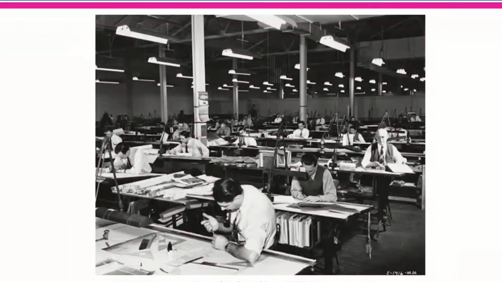Okay, so here I have a picture. All of you can observe, there are so many people sitting and they're using the geometrical instruments making a drawing. I'm not sure what kind of drawing they're making, but it is sure that they are making an engineering drawing. They are using all the set of instruments which are required for engineering drawing, the set squares, the compass. You can see how huge the sheet of paper is, right? So you can see this is how the drawings were made in the earlier days.